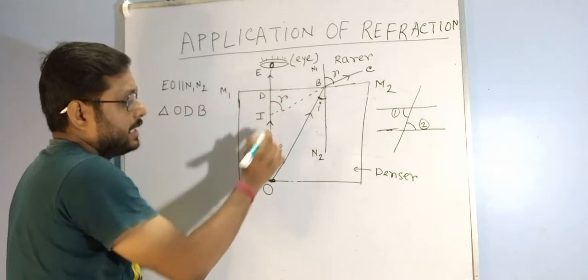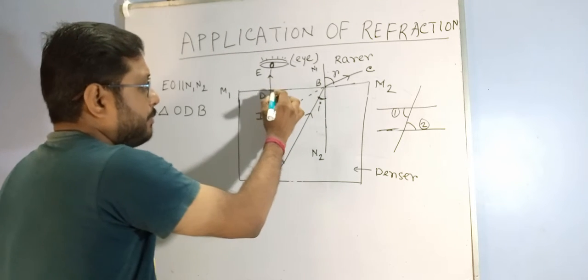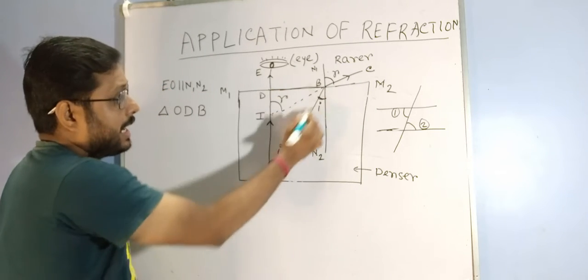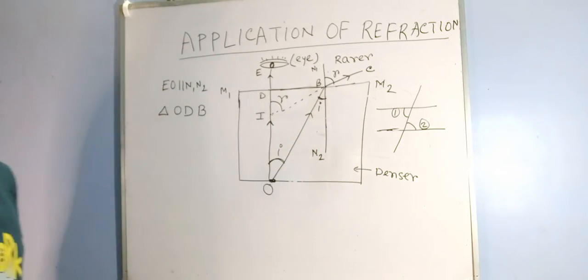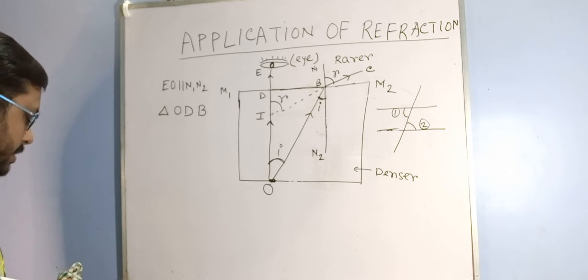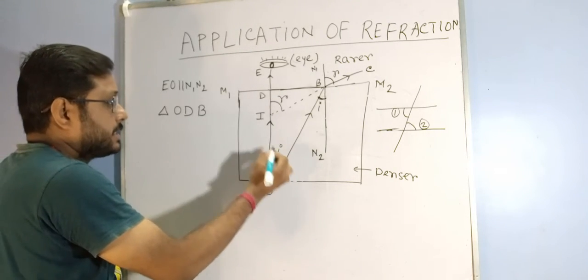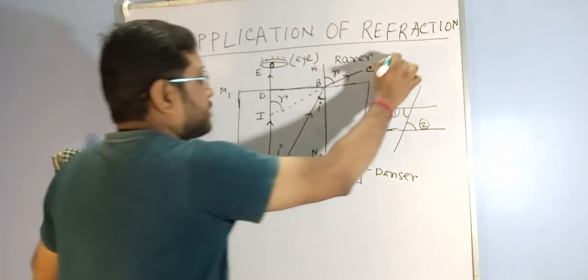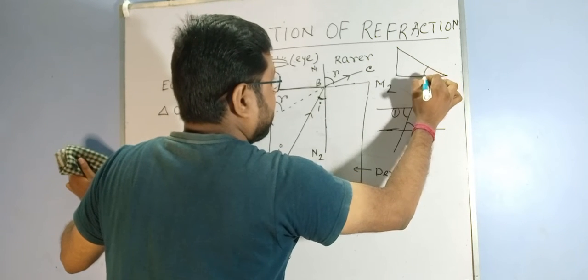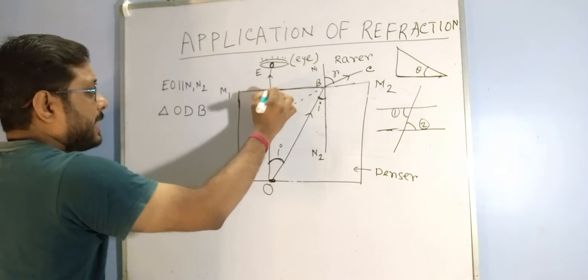If this is triangle, this is the angle I, this is perpendicular, BD is perpendicular, DO is base and OB is hypotenuse. Because the angle is theta, in case of right angle triangle, always theta is the angle between base and hypotenuse. So, if this is perpendicular,